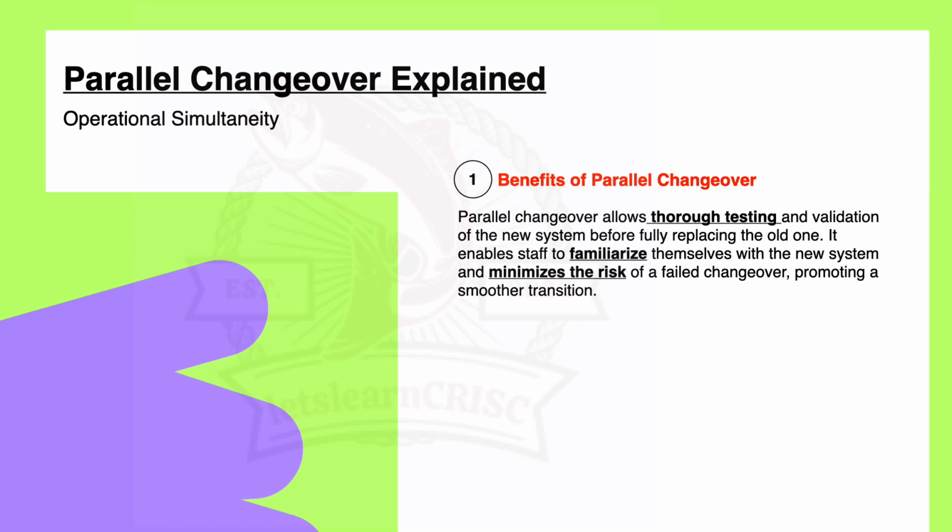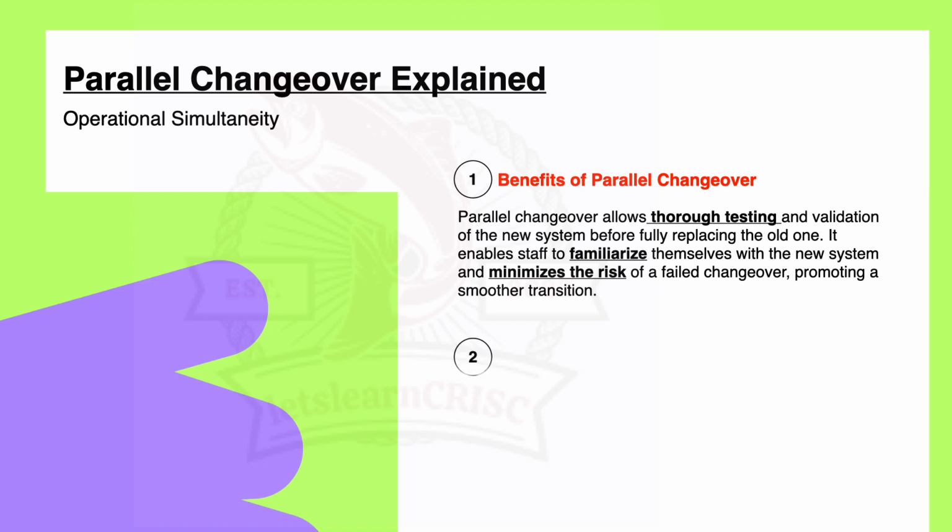So staff can familiarize themselves with the new system gradually, reducing the chances of confusion or errors during the changeover, right? It also minimizes the risk of failed changeover, promoting a smoother transition, right? For example, imagine you are updating a software your company uses for managing inventory. With parallel changeover, you continue using the existing system while testing and getting used to the new one, right? This way, if any issue arises, you can fall back to the old system without disrupting operation,